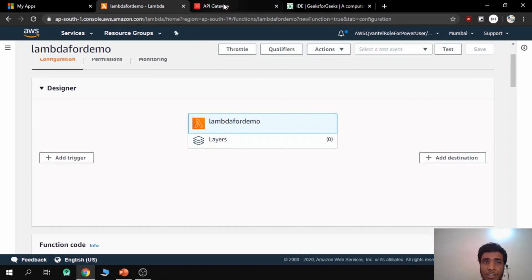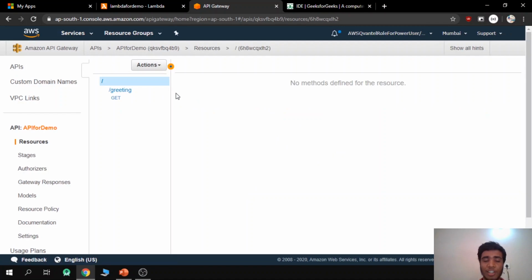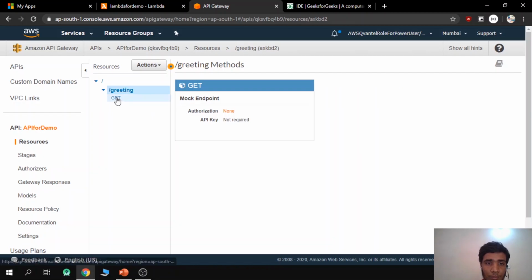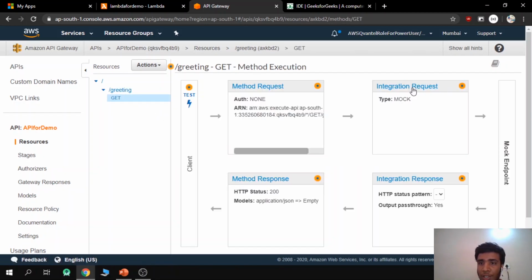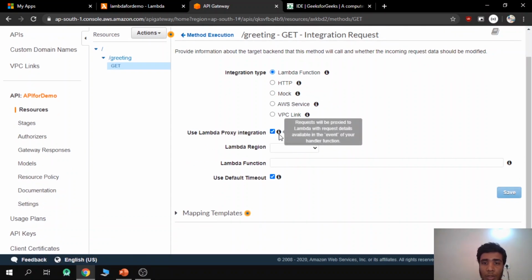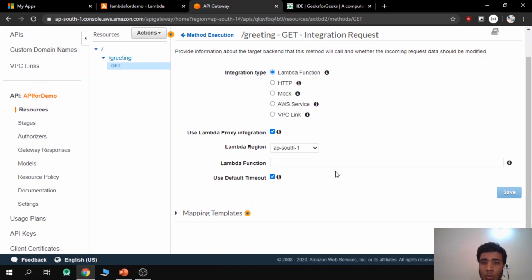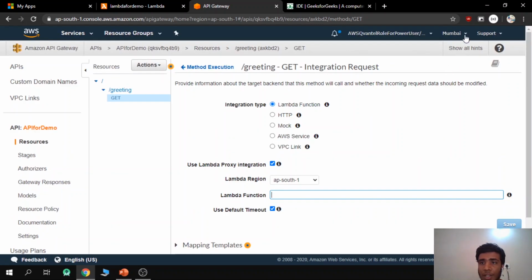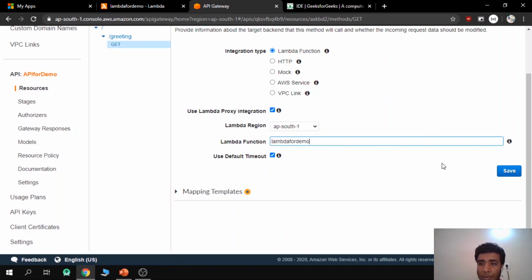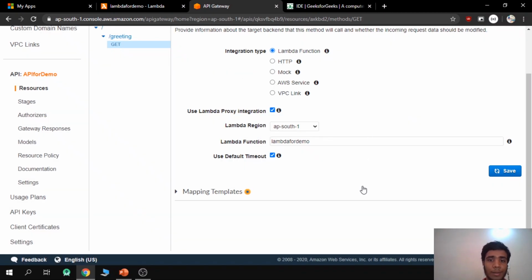Once our Lambda function is ready, we're going to go back to our API Gateway and make the integration which has been pending in the previous phase. You can see that here the integration request is a mock. Now just change it to Lambda function, go for the Lambda proxy integration also, and select ap-south-1, because that's the region we are in. Mumbai is in ap-south-1. Search for this function. It automatically pops up, lambda for demo. Go ahead and save it. Click OK, OK again.